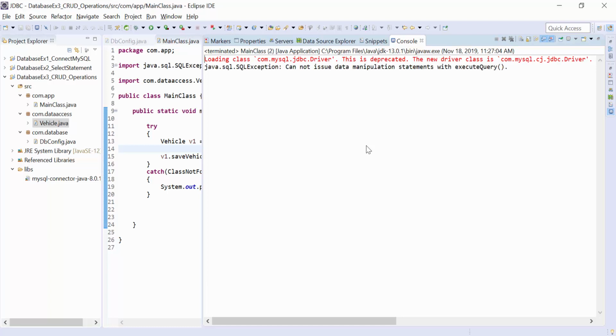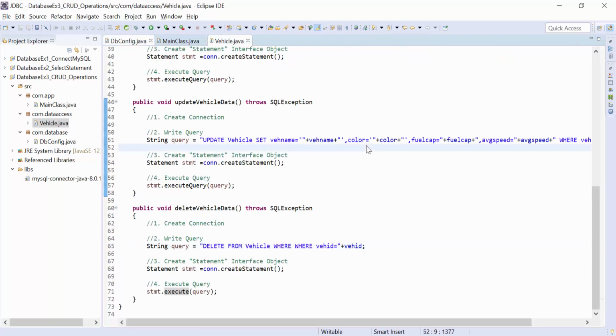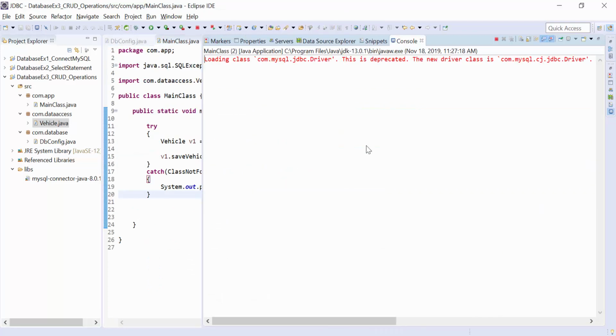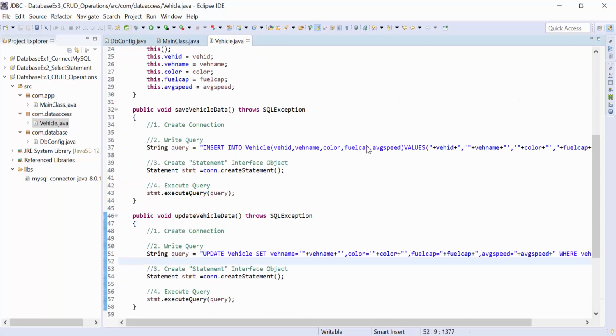Now if we run the code, still it is saying execute query. Maybe I forgot to save the file, so press Ctrl S. Now let me check. Something wrong. Okay, so for save we need to update, even for delete also, everywhere we need to write the same.